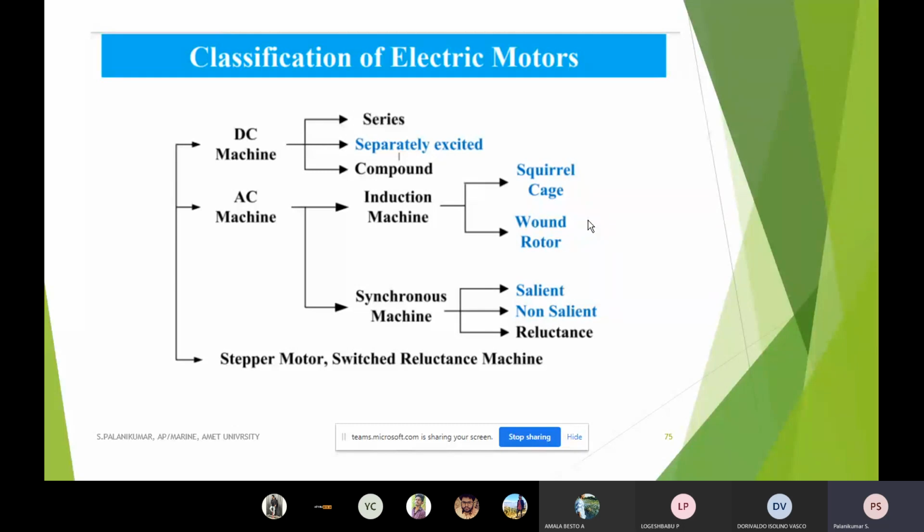So there will be an induced EMF, and the end rings are short circuited, so torque will be induced. According to Lenz's law, in order to oppose the cause, the rotor starts rotating in the same direction as the rotating magnetic field. So now the rotor also starts rotating, but there will be a slip. The speed at which the rotating magnetic field rotates is directly proportional to the frequency of the supply.